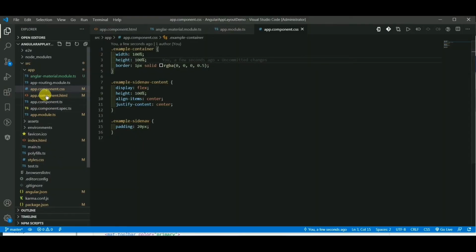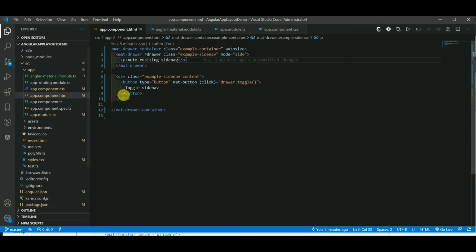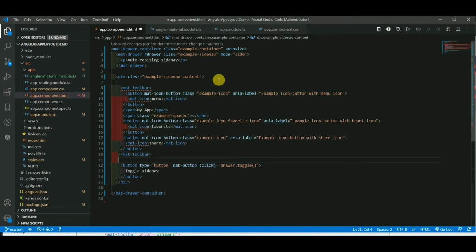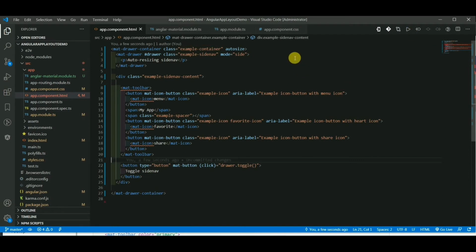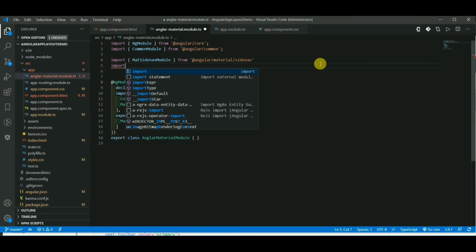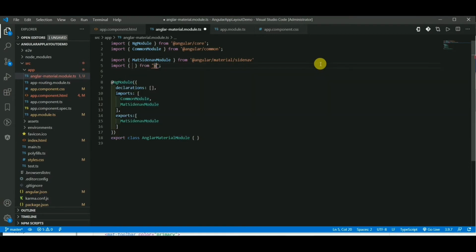and going to the app.html, and we need the toolbar to be displayed on the content. So basically this is our purpose. So I'm placing this content of the mat toolbar here, but mat toolbar is not actually part of our module, so we need to include this into our app.module. So with this statement I'm just copying another import statement from @angular/material/toolbar, and we need to use the mat toolbar module,